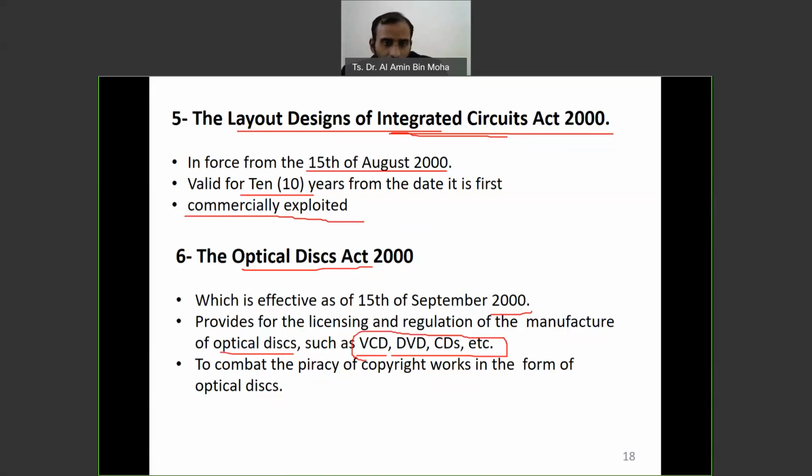Just pen drives. So this is actually to combat the piracy of content in the form of optical discs. So now it's more challenging. People are just using cloud storage, the internet. So they may have new acts coming later on to combat these continuous issues.